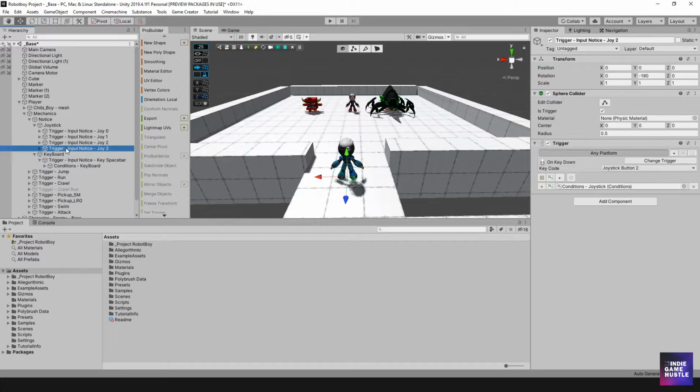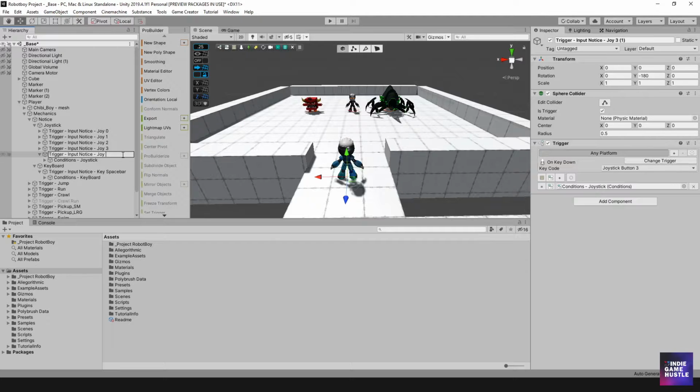All right, and I'm going to go ahead and continue on. I'm going to do a Control D. And of course, I'm not going to do it on every button on the controller. I want this to really just work on just the buttons that we're using. Now, of course, you could just set up an input notice on every button, and that would make sense because you're touching or using a controller. However, when it comes to the keyboard, I want it to just be the keys that you hit, right? Not all the keys on the keyboard because you touched it. So maybe there's some limits to that. Maybe I just don't know how to do it,